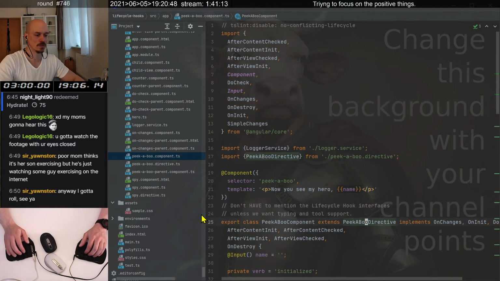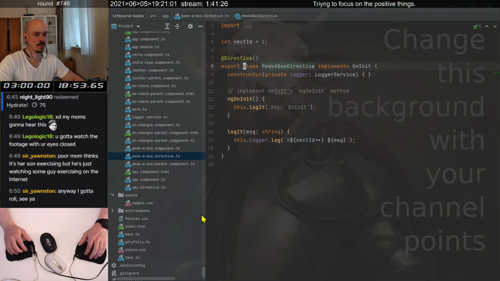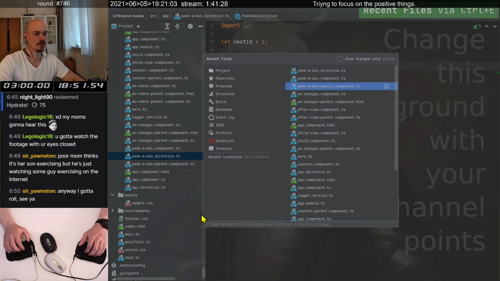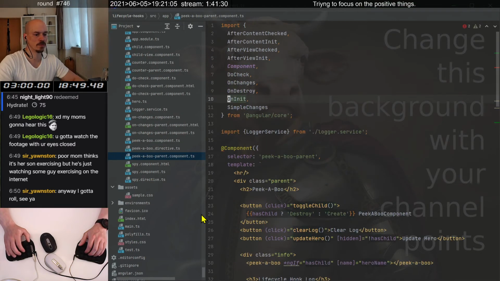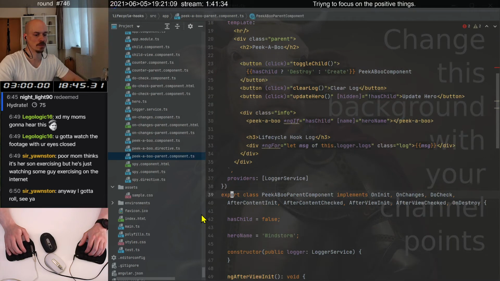So now the question is, what will happen if I extend this in the parent? So we'll go into the parent, find the beginning of this, and here we will say